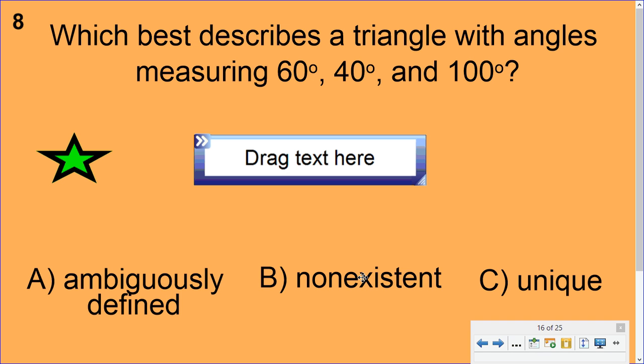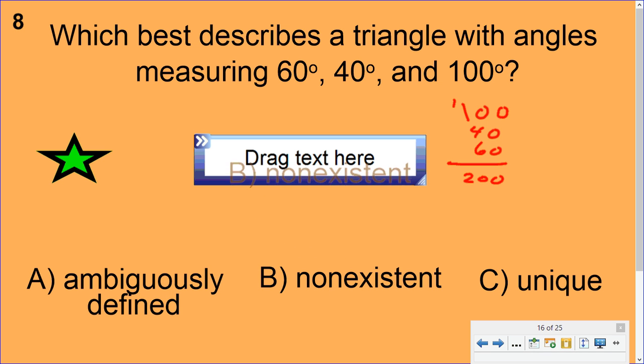Well, let's see. I remember the angles in a triangle have to add up to 180. So I got 100, I got 40, and I got 60. That adds up to 200. Well, I cannot have more than 180 degrees in a triangle, so I'm going to say my answer is B,